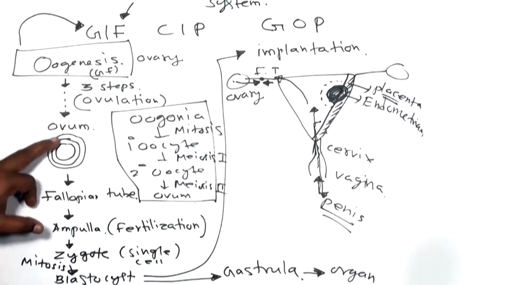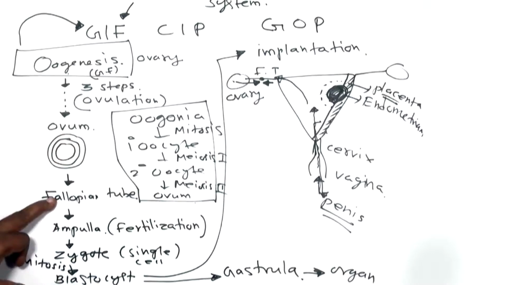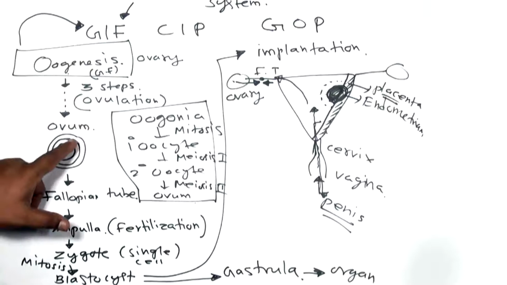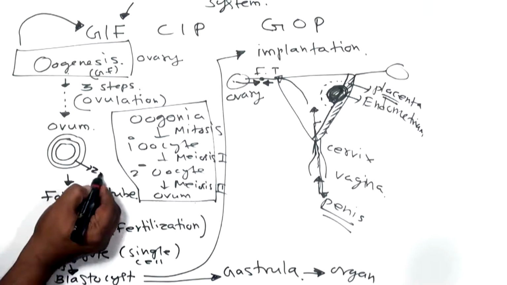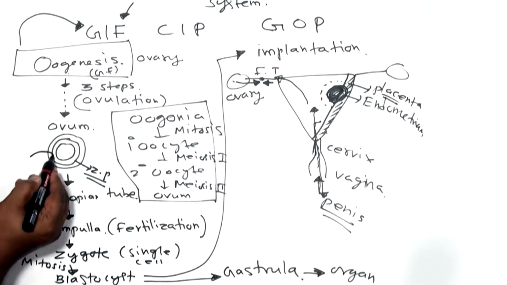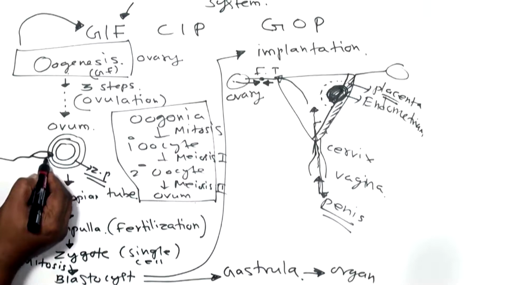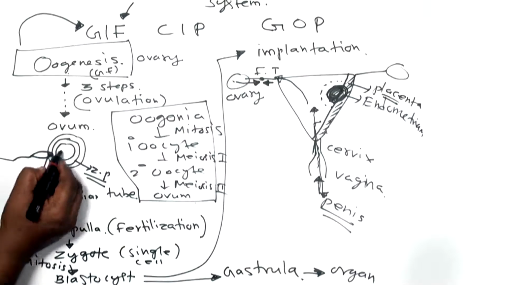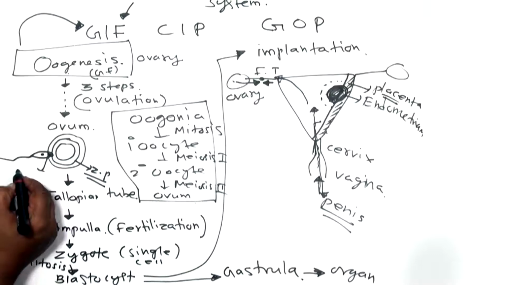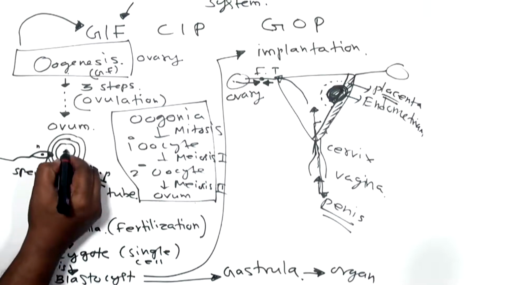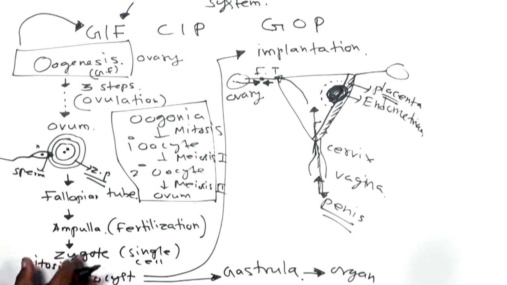Sometimes there is a possibility that, while traveling through the fallopian tube, the corona radiata may get torn and the zona pellucida will be exposed, and this zona pellucida is the layer for penetration by the sperm. Sperm always try to penetrate it using an important enzyme. I already gave you the enzyme name, hyaluronidase. Through that enzyme, which helps in penetration, they release the nucleus of the male gamete, the sperm, into the female gamete, and this N and N fuse together to form 2N, called the zygote.